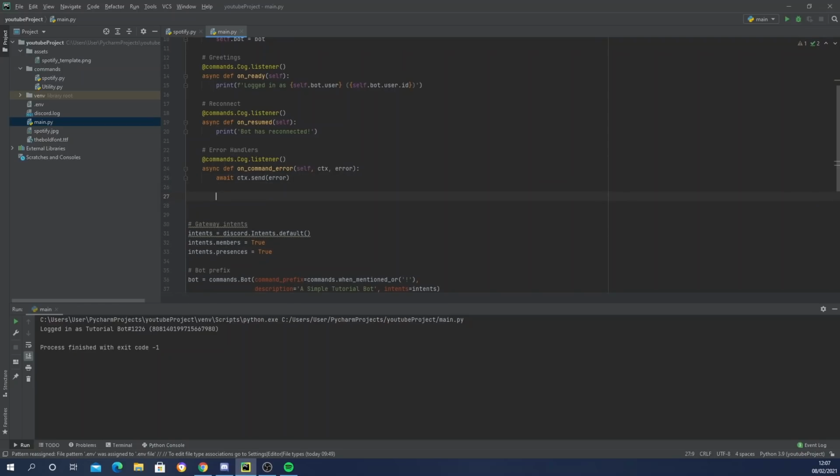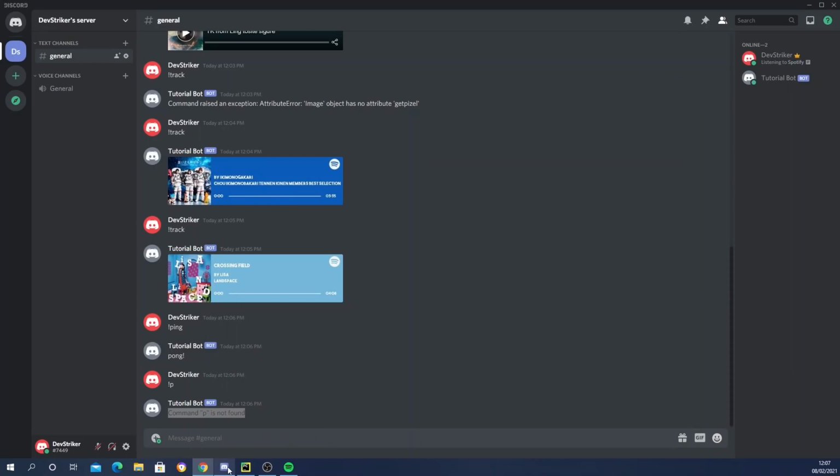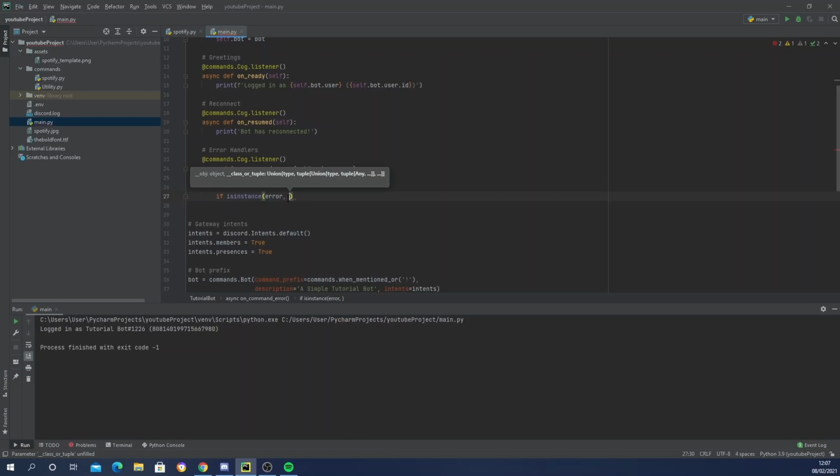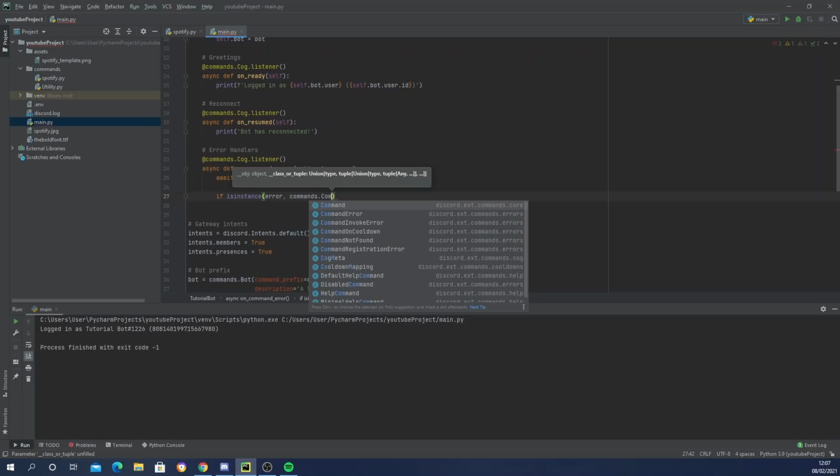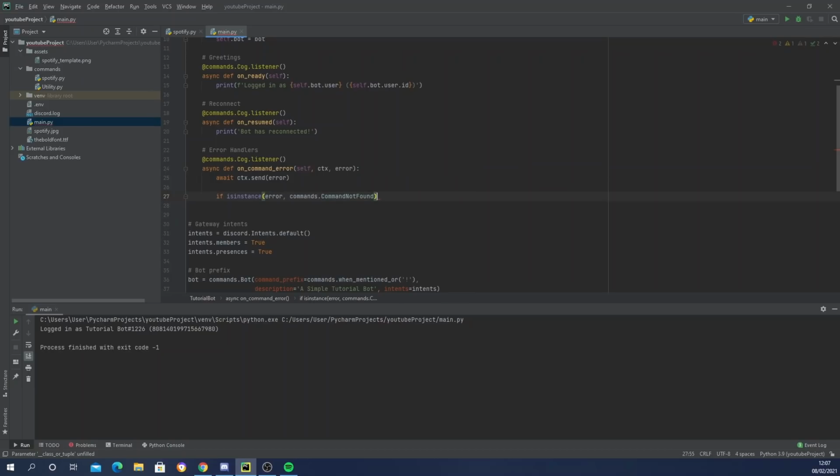In my GitHub repository, but in this case, is instance, and we're going to say error, and we know this is a command error, which is command not found. That's right. And the full documentation explains all the exceptions. So I'm going to say commands.command, and you can see all of them. So I'm looking for command not found, and we're going to await